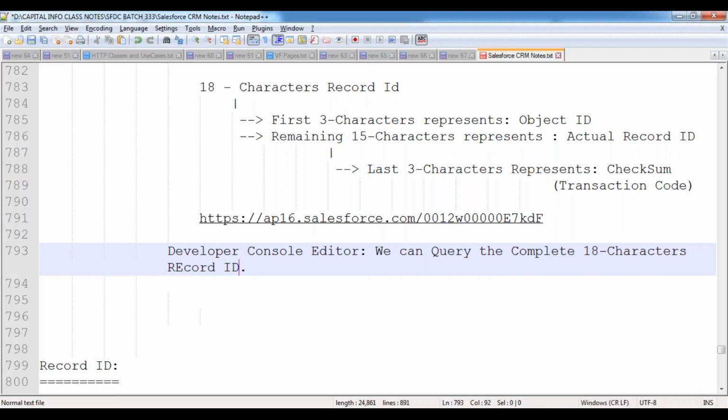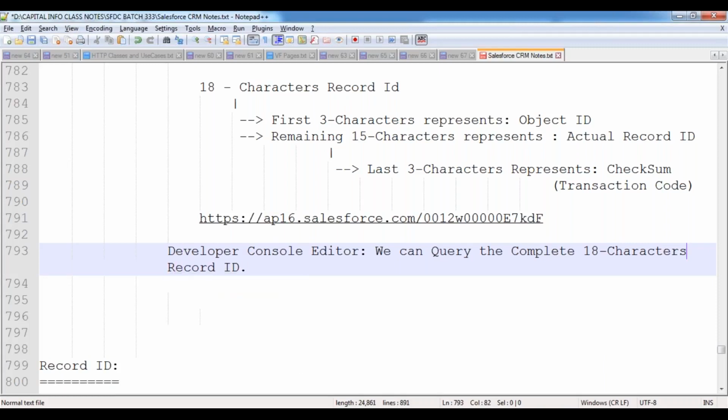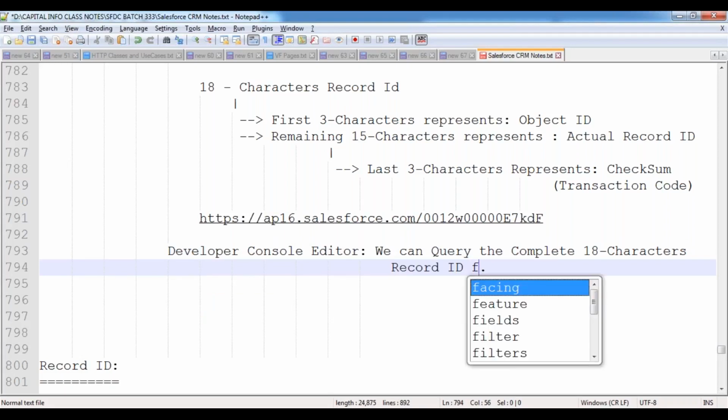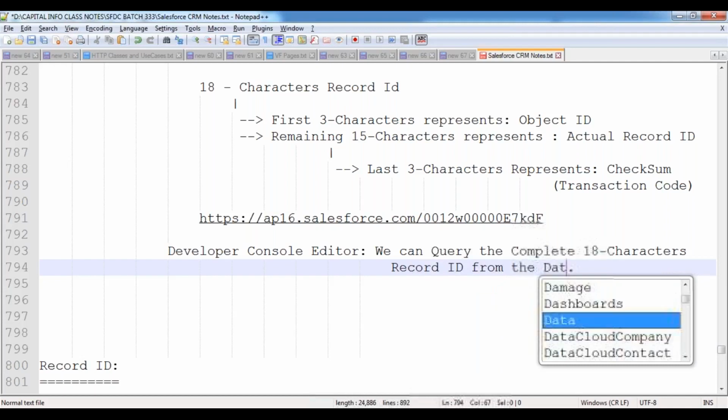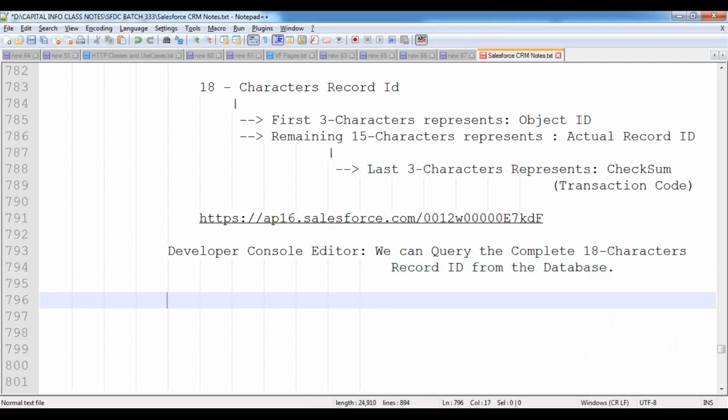We can query the complete 18 characters record ID from the database. So in this case, whenever you want to see the complete 18 characters ID of the record, because inside